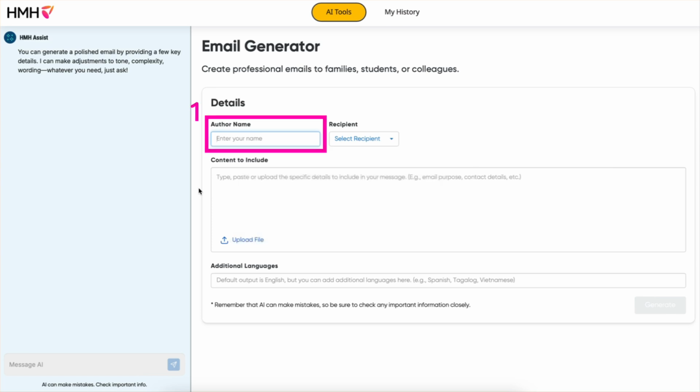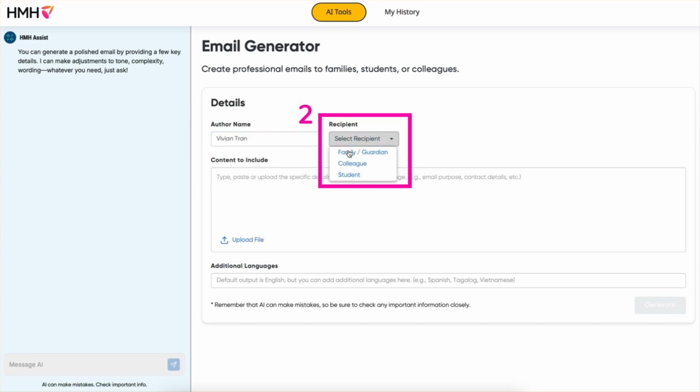Begin by entering your author name. This will personalize the email and let your recipient know who it's from. Next, select your recipient type from the drop-down menu. Whether you're writing to a parent, student, or colleague, this step helps the AI tailor the tone and formality to